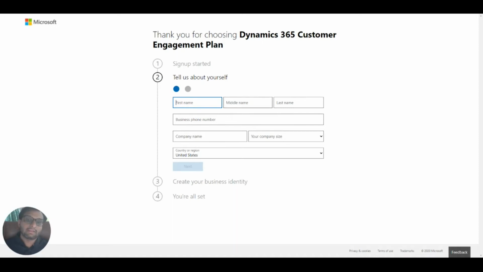Here all these fields are mandatory. I have to give first name, last name, business phone number, company name, and country or region. You have to give your real business phone number for the OTP.